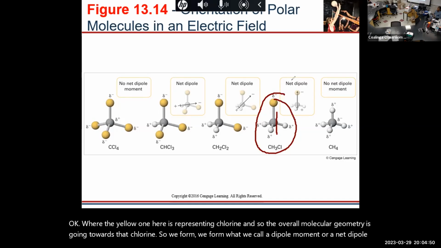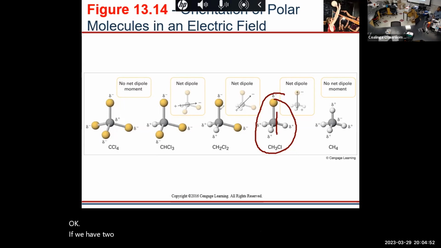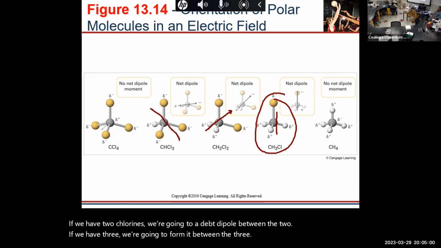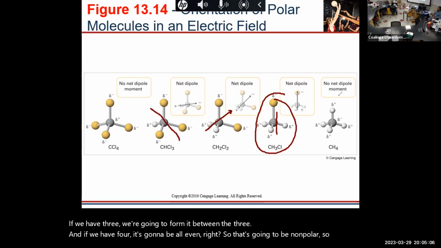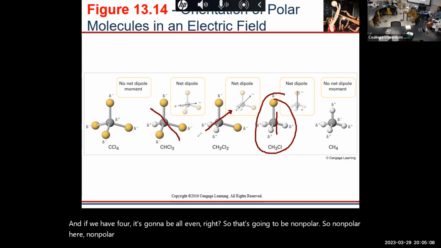If we have two chlorines, we're going to form a net dipole between the two. If we have three, we're going to form it between the three. And if we have four, it's going to be all even, right? So that's going to be nonpolar. So nonpolar here, but if you have fours on that side,